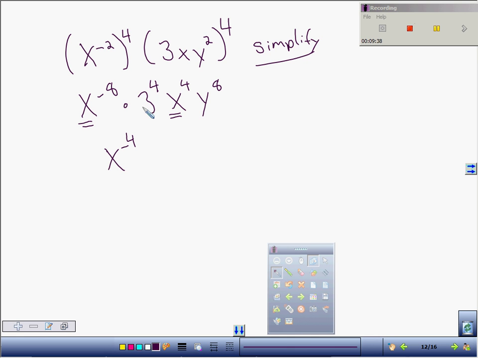And it would be preferable for you to raise this to the 4th power. Well, is it 81? Yep, that's right. And usually the numbers, you put those in front of everything. So this here is 81. And this is y to the 8th. But I'm not quite